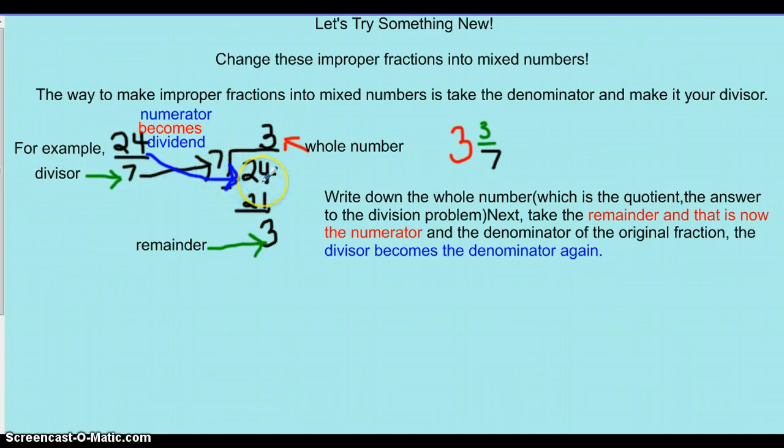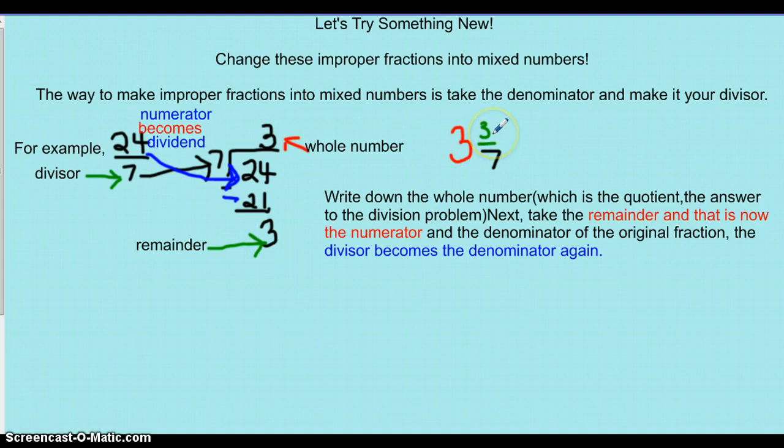7 goes into 24 3 times. 3 times 7 is 21. I subtract, and I get 3. I don't have anything to bring down, so I'm all done. The remainder